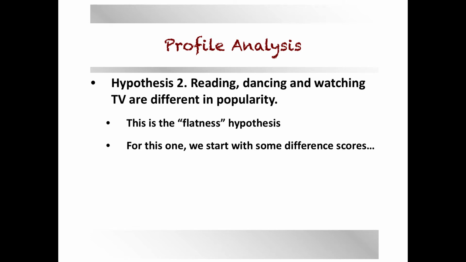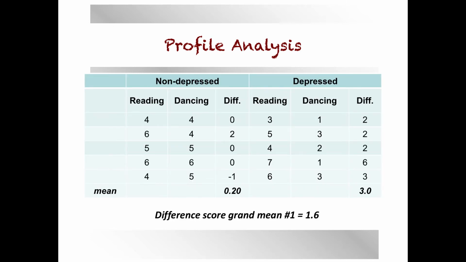Hypothesis 2 is bringing reading, dancing, watching TV back into focus here. This is the flatness hypothesis. So what we need to do here might remind you of a dependent samples t-test, because in a dependent samples t-test you may have learned to take difference scores to then set up your calculations. So in this case, we're taking difference scores for the non-depressed group, reading minus dancing, and then you're taking the same thing for the depressed group, reading minus dancing. You're getting an average difference score for each group,